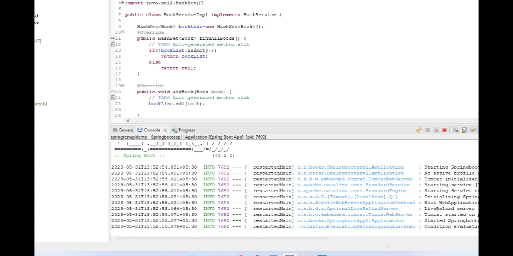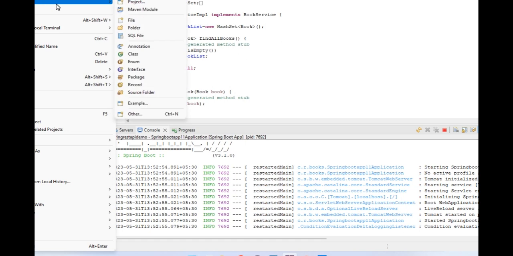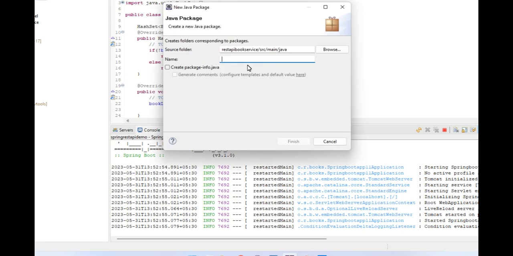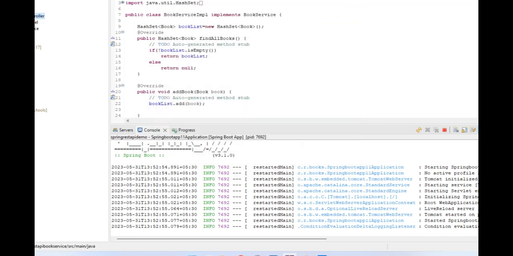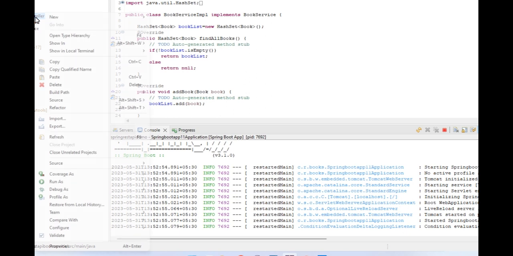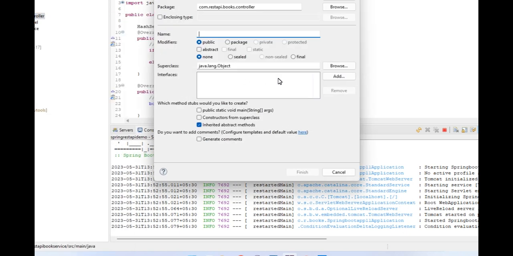So it's over. Now again, first layer, which is a controller layer, we need to implement. For this, again I create a new package to include all controller related classes. Again, the package name is here com.rest API dot books dot controller. Finish. Controller package has been created. Now we need to include a controller class here in this package. New class